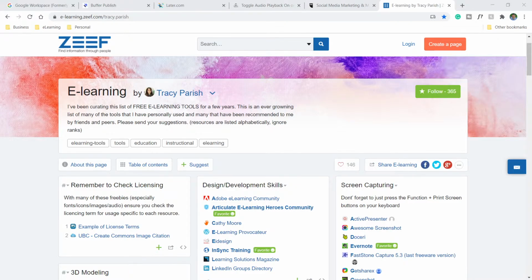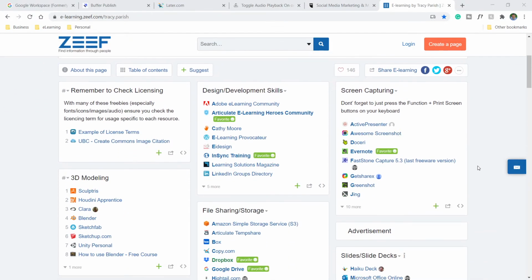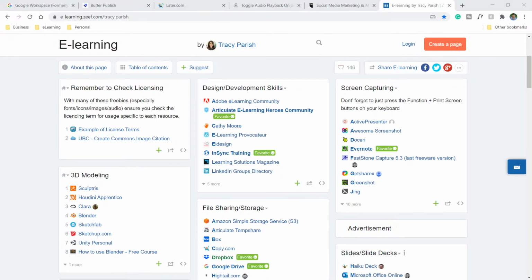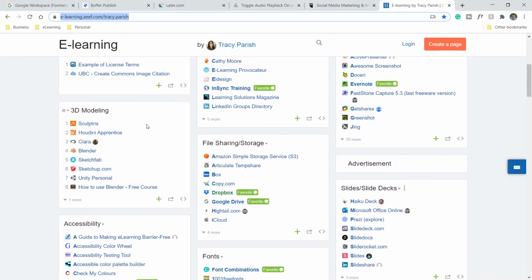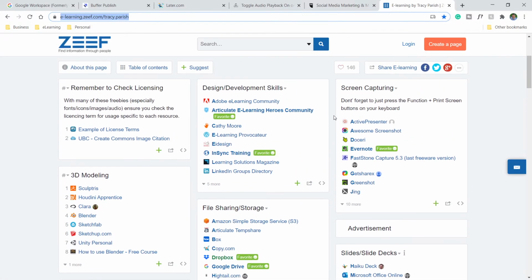Like I said, she does spend a lot of time in the Articulate camp, but there's a lot of stuff here, and I've used it as well. It's not completely limited to just the Articulate folks. There's things like if you wanted to get into 3D modeling, for example, she's found a bunch of stuff. So she's saving you a lot of Google searches by collecting these here. Design and development skills, the Adobe eLearning community, a really big part of my social media choice is